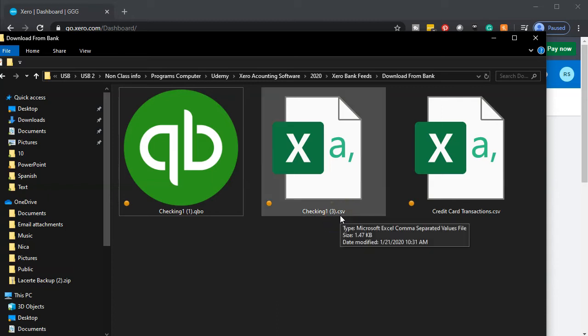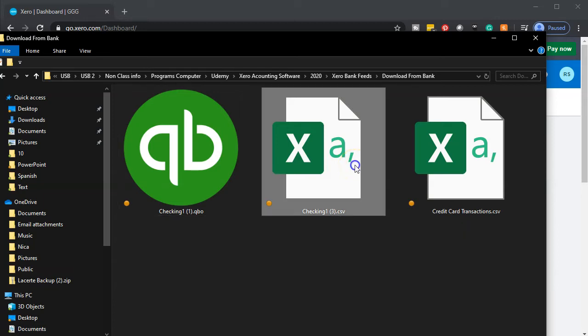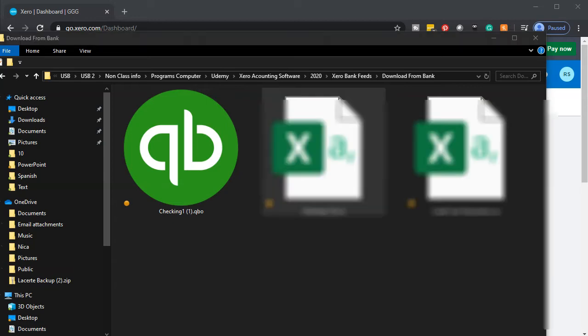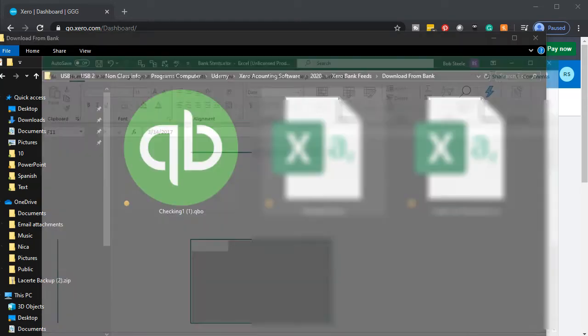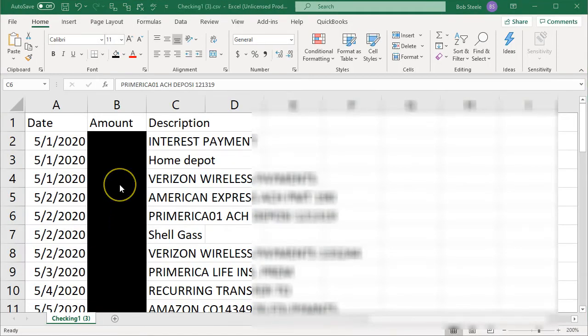So a .csv looks like an Excel worksheet. You can open it in Excel, but if you do any kind of formatting in Excel, it'll probably not save it if it's in a CSV format, because again, that's the point. So let's open up this CSV format. That's the format that we're going to use. We'll use kind of a simplified CSV file for our